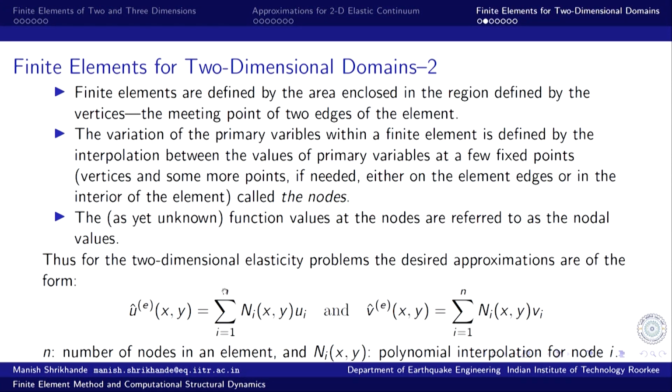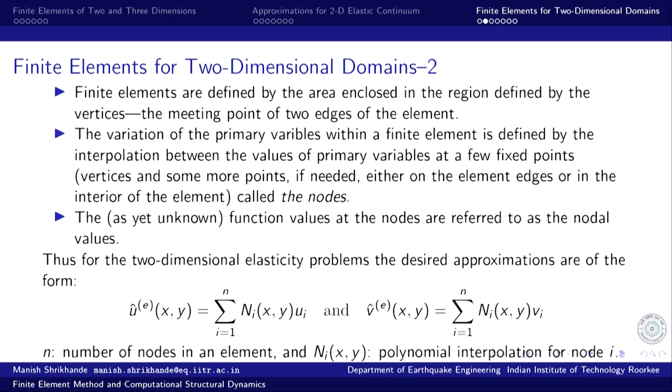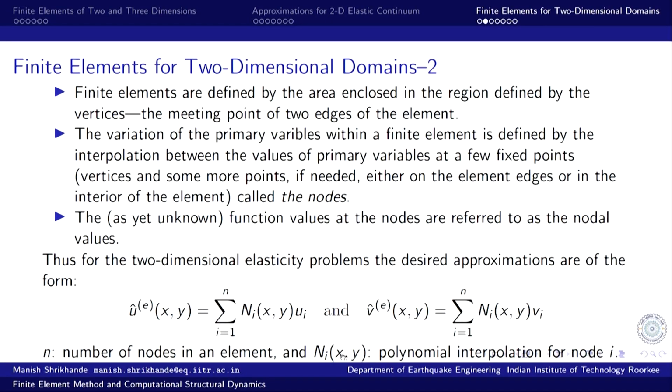In this summation, the upper limit n is the total number of nodes in an element. As I said, in the simplest triangular geometry that we saw, we had 3 nodes, and in the simplest rectangular geometry we had 4 nodes. So, in the case of a triangular element, it can range from 1 to 3. In the case of a rectangular element, it can range from 1 to 4 for a 4 noded rectangle. Of course, there are other higher order elements as well. We will see what is meant by higher order. So, N I x y